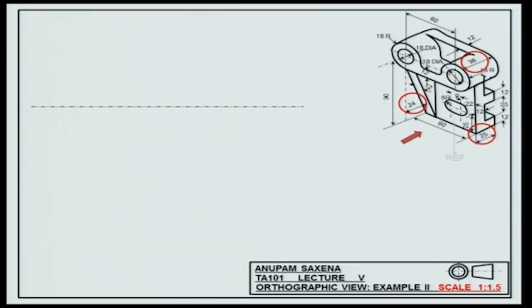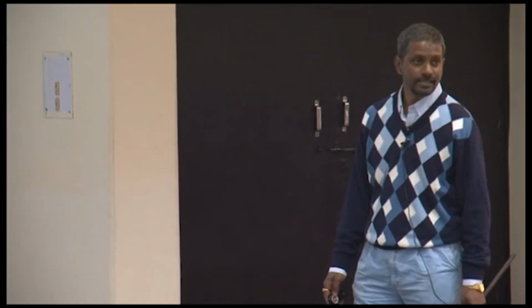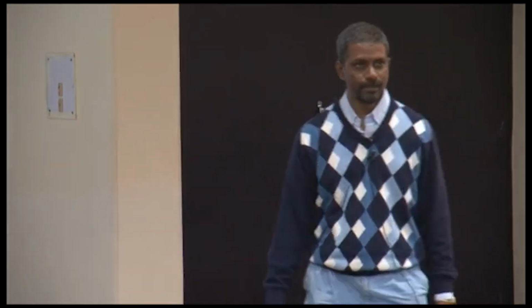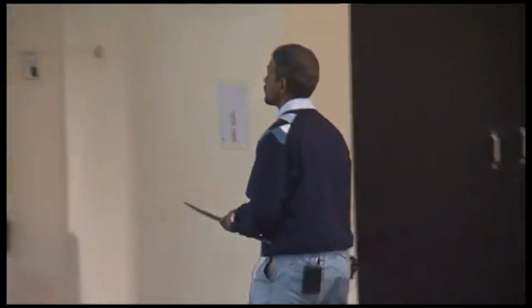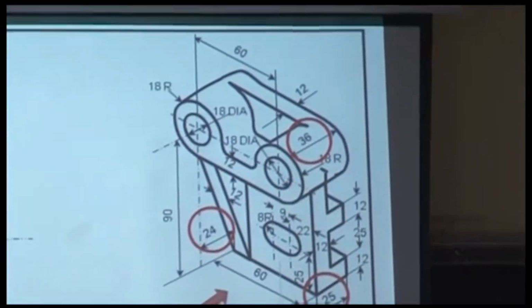Okay, let's see how. Reference plane, draw the hinge line that differentiates between the front view and the top view. And then what? Bounding box. What is the length of this? 60? What are these bounding boxes corresponding to? The cylindrical features. So you would see this plane, and then you would see these cylindrical features.